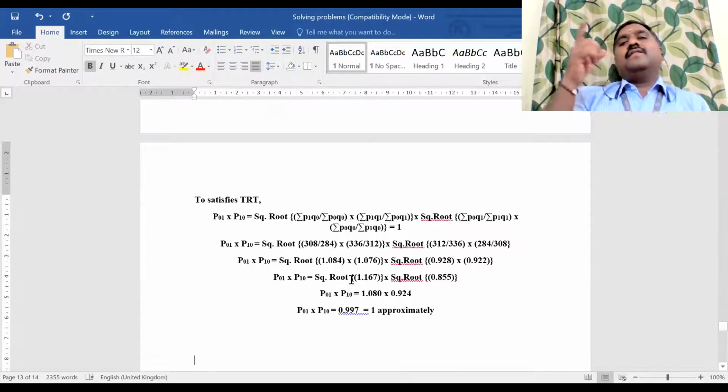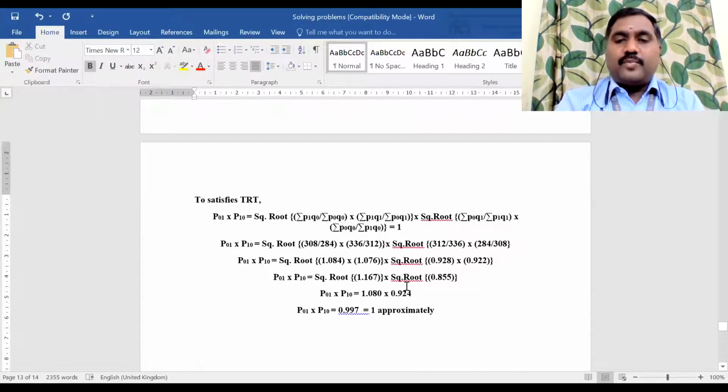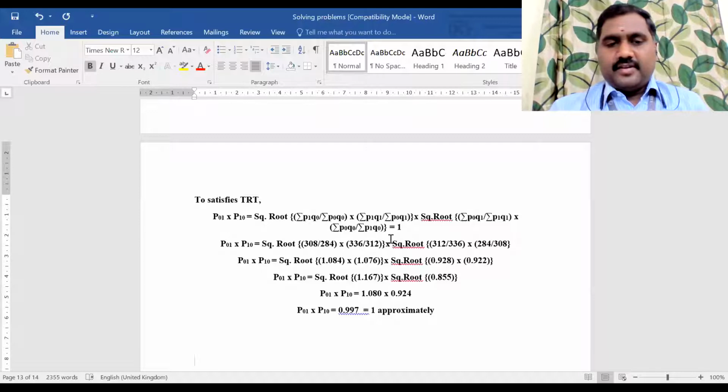Don't think that, sir, we can cancel the cross formulas. When you are finding any value by using the formula, you can do that. When they're asking you to prove certain things, you need to prove that by substituting the respective values. If you do a proper calculation here, you will get 1. Sometimes we may mix, like instead of 0.84, it may be 0.85 or 1.076, maybe 0.077. There may be a difference in that particular point. So that's why we are getting 0.997. If you take the actual value, it will be equal to 1. Did you copy this?